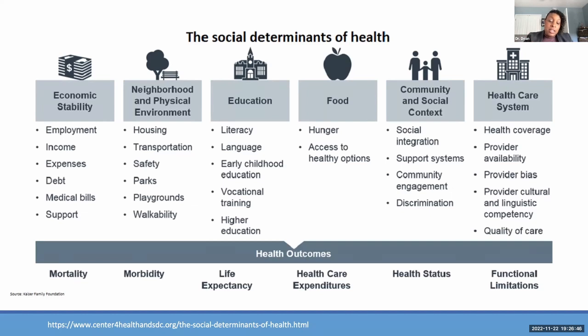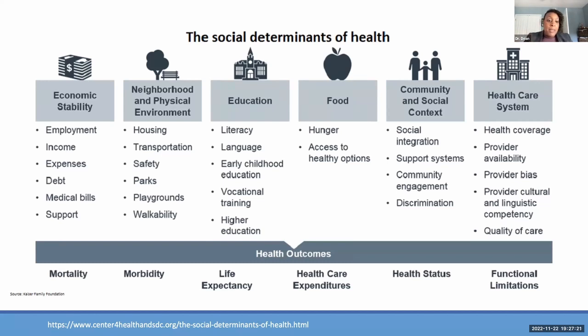And in the work that I did as a doctoral student under Ichiro Kawachi, I looked at things like social capital and how someone's social capital could help frame people's health behaviors. And then there's the other things like the healthcare system. That could be thinking about whether or not someone has access to healthcare, what sort of providers are available, whether or not there's bias in that relationship with the provider, and what sort of quality of care they're getting, in terms of are their needs being met, and are those needs being met in a way that is culturally consistent with what they believe, and what sort of linguistic